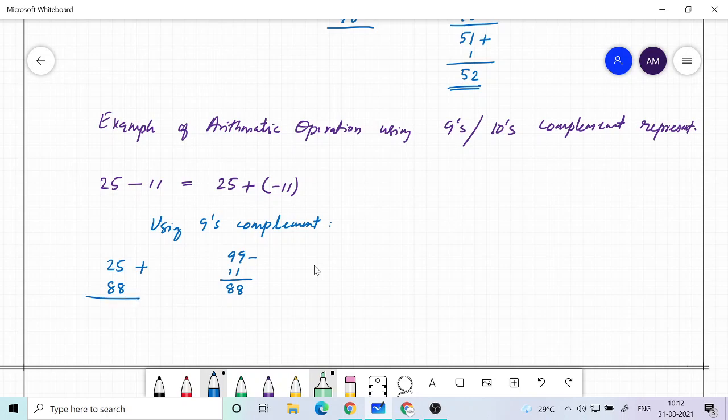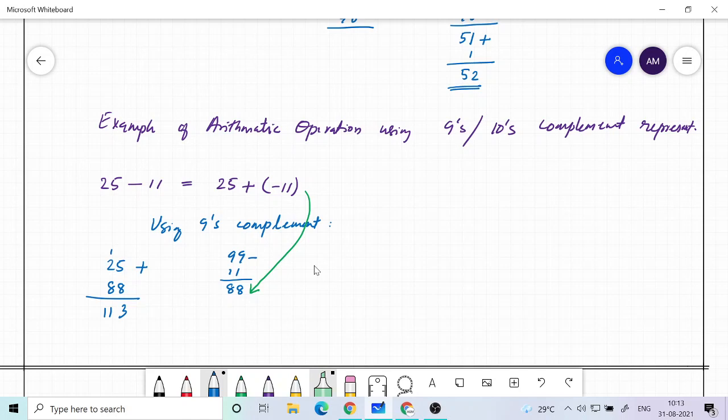So 88 is basically 9's complement of minus 11. So you find it out. So minus 11 is basically 88, and you are adding 25 plus minus 11, that is 25 plus 88. So then you just perform the addition as usual. So 8 plus 5, that is 13, carry, and then 8 plus 2, 10, and 11. So you get